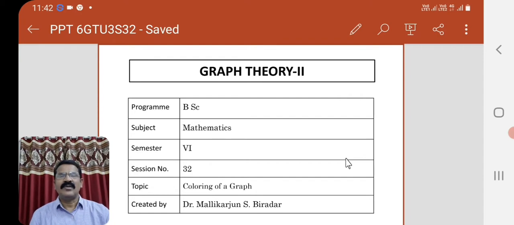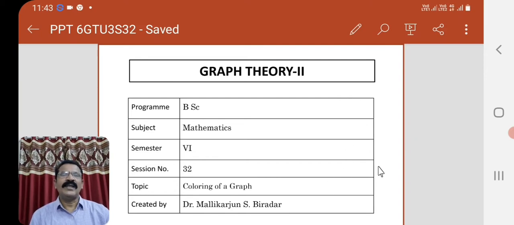the same color. Okay, so coloring of a graph is nothing but we are coloring a map. But a map is considered as a dual graph, or first it is a plane graph and its dual graph in which the faces are considered as vertices. So now the vertex coloring of a dual graph is nothing but the coloring of the map. That part we have already discussed in the introductory session.